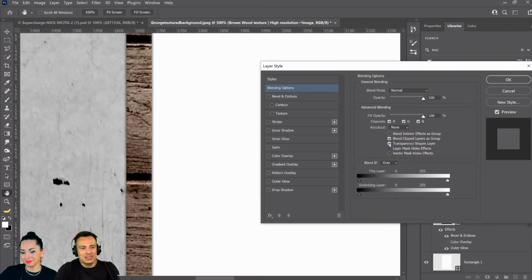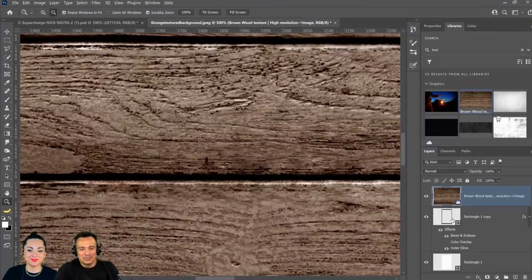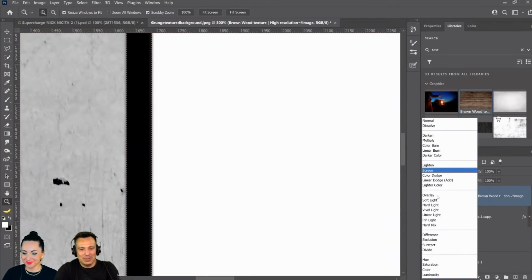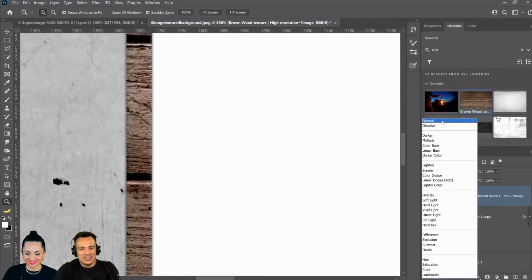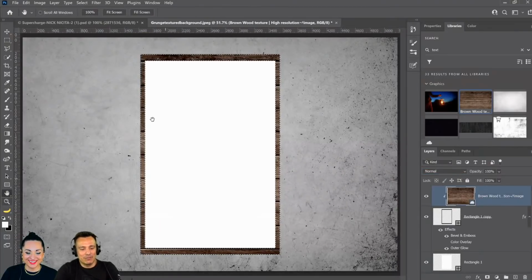I am having such a mental block today, maybe because it's 7 a.m. in the morning here, and I'm just having issues. So I'm going to do something that you shouldn't do. I'm going to just create a layer mask out of this. Actually, no. I'm going to maybe change the blending mode to overlay. Oh my God, guys, today is just not my day. We're just going to move on from that, and then you can say Jesus couldn't figure out the blending mode or the layer styles. And I'm also looking at the time.